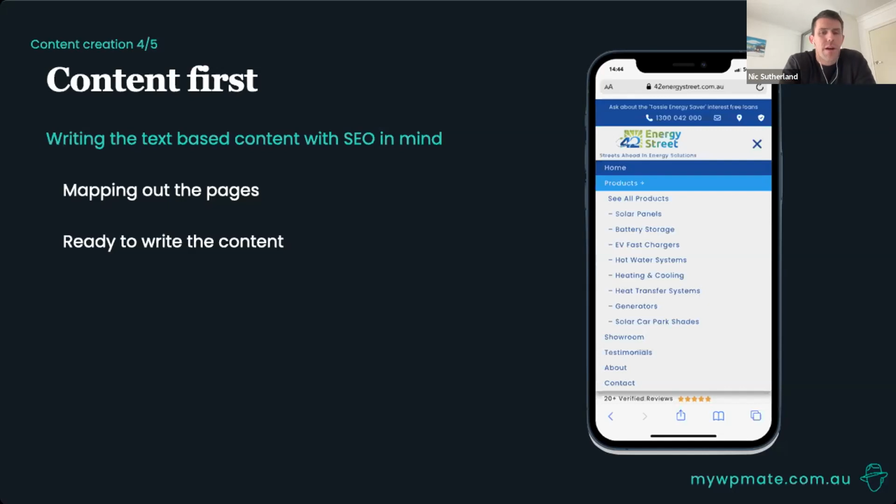So this can be a bit easier for someone that's selling products like solar panels and battery storage, as we see here, because the subject matter is already quite specific to what people are going to be searching. However, content-first creation with SEO in mind can really work for any business, and it can help us uncover the most popular phrases in our area and help us remove any guesswork, help us remove that big list of irrelevant search phrases that actually aren't being targeted by our customers.